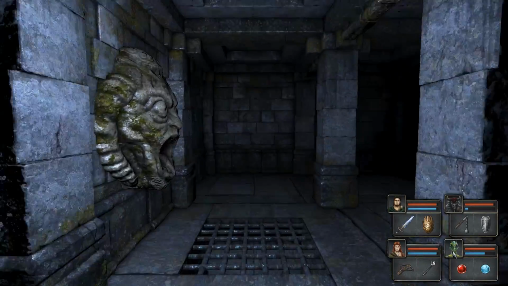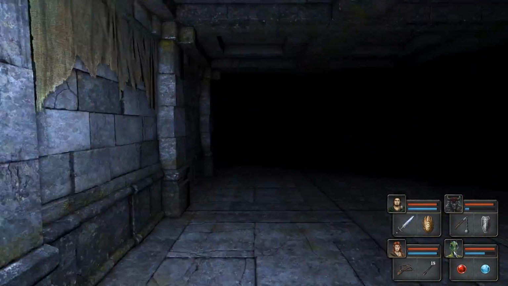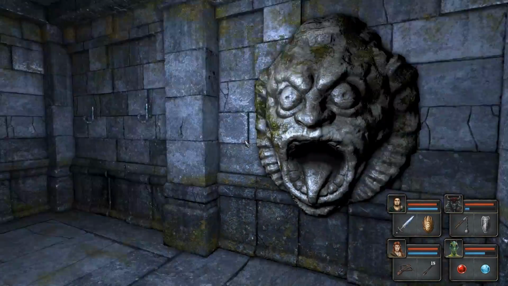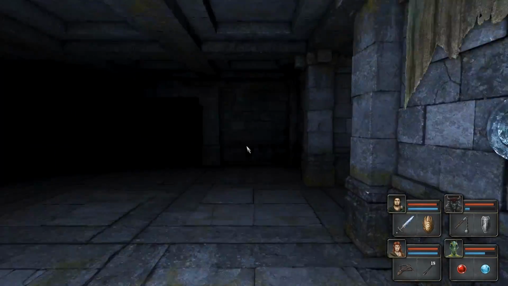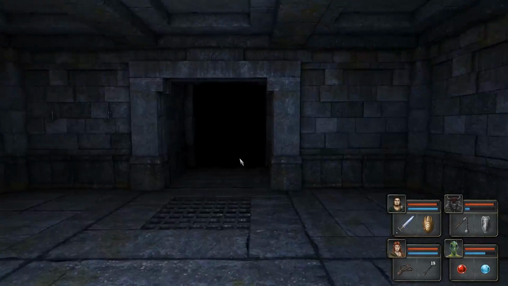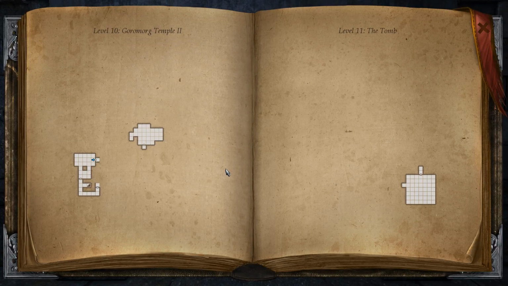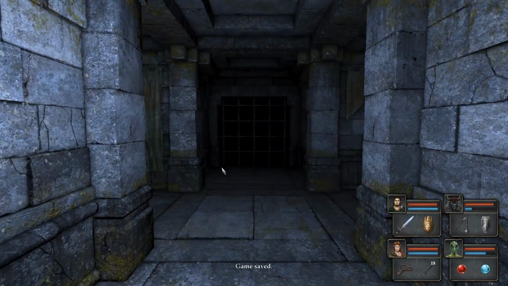Okay, a lot of ingredients for potions, so that's nice. And we got one of the heads that spits energy balls, so probably I have to make it go to the corridor here. However, first...